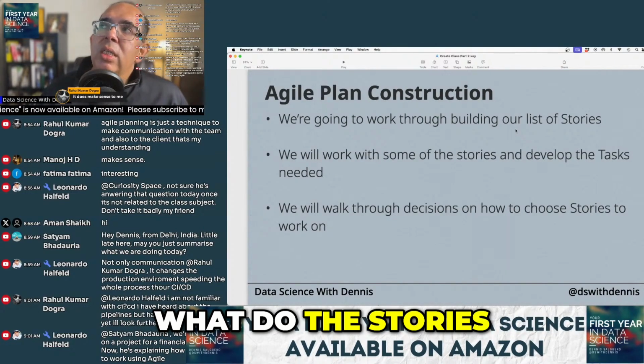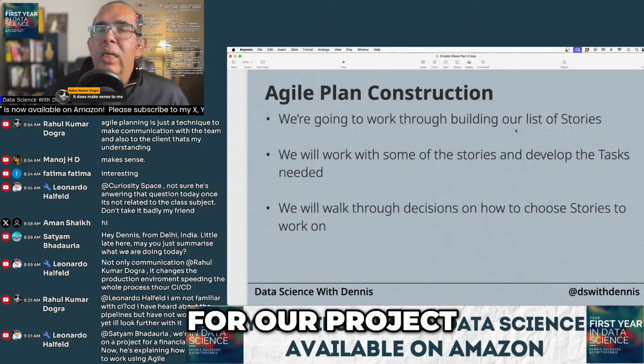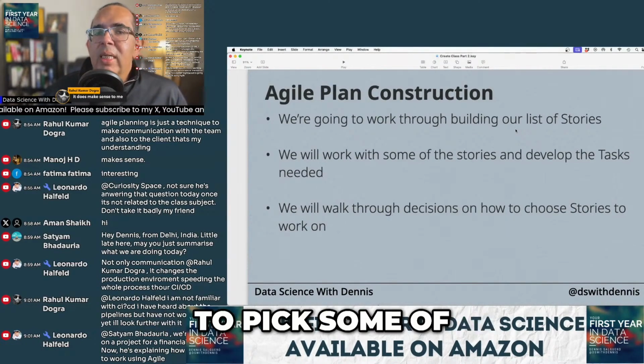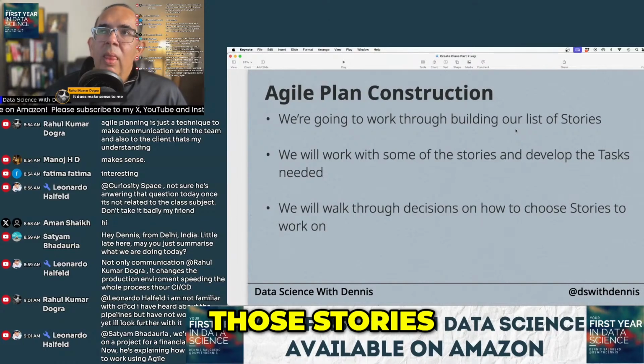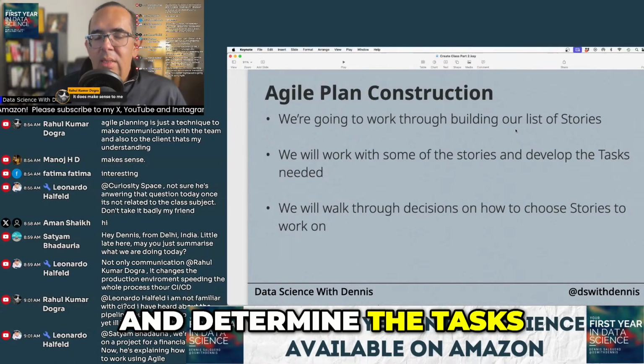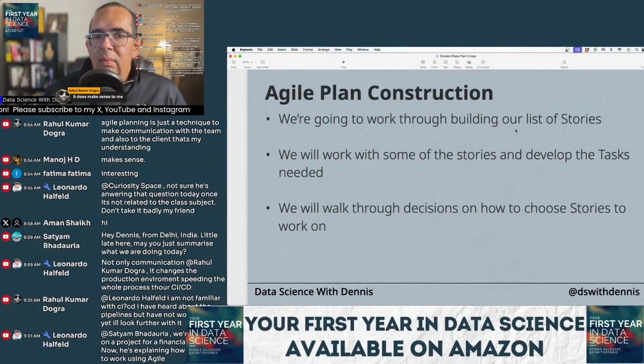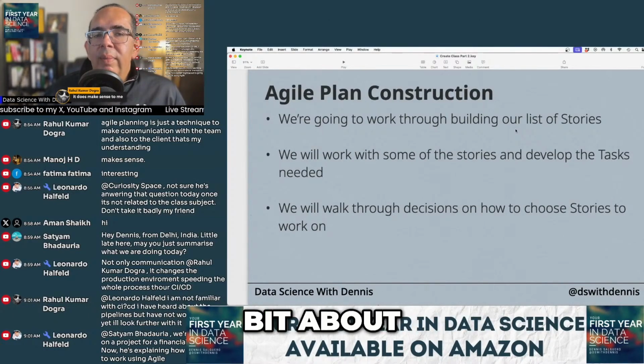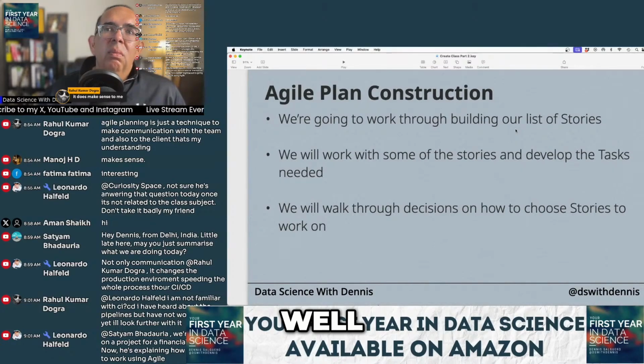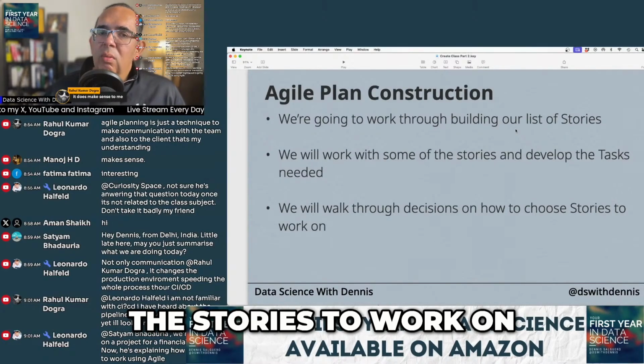What do the stories look like for our project? And then we're going to pick some of those stories and determine the tasks that are needed. And then we're going to talk a little bit about how you choose the stories to work on.